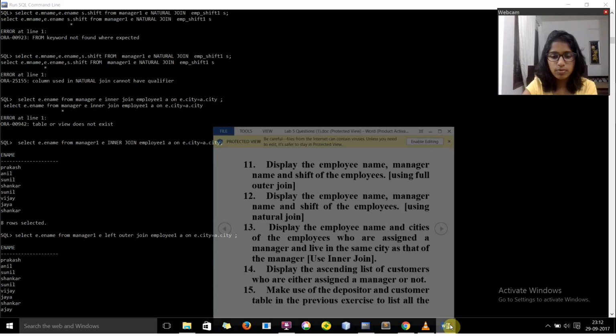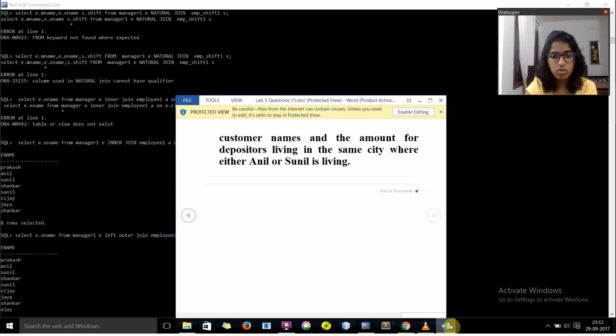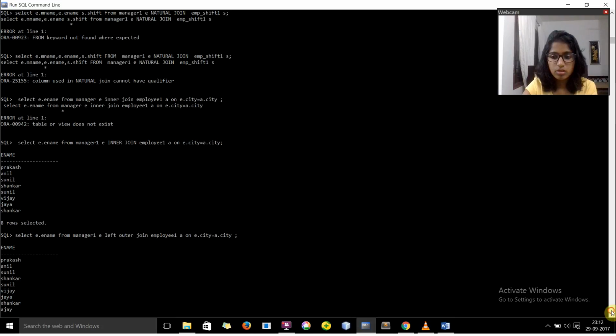Now to the 15th question. Make use of the depositor and number system table in the previous exercise to list all the names and amount of depositors living in the same city where either Anil or Sunil is living. So the query is